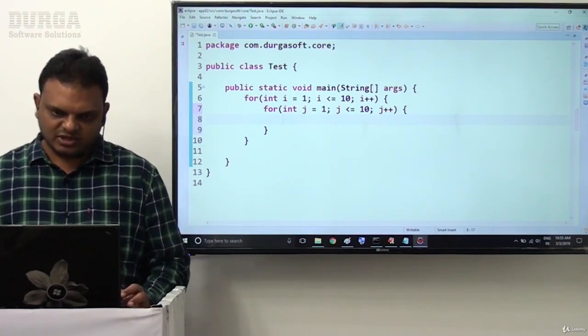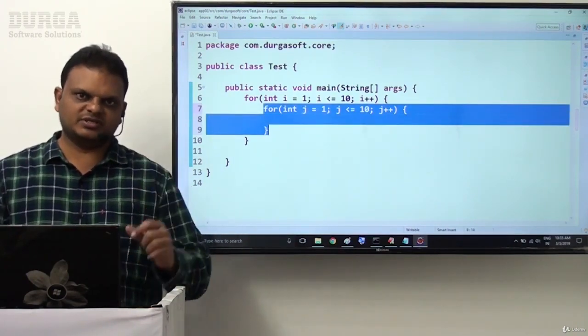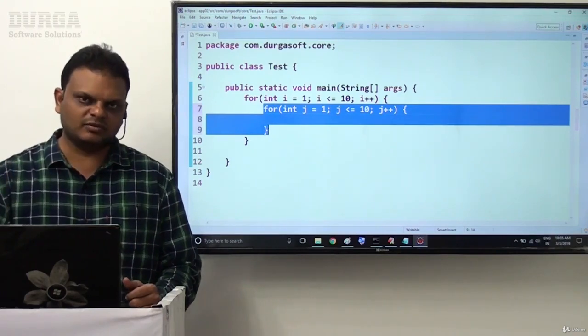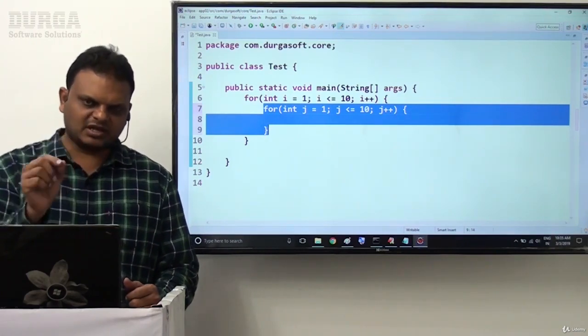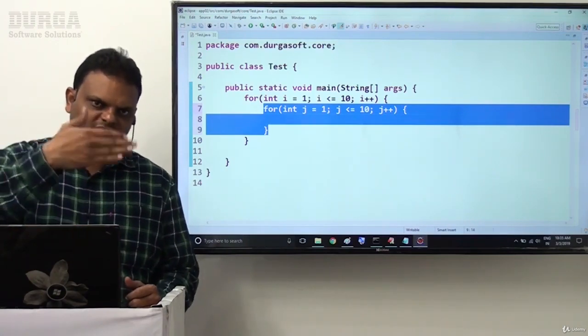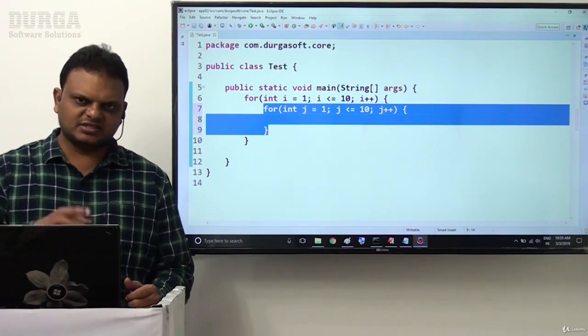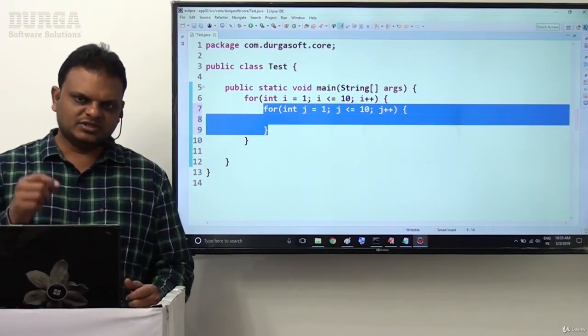Now this nested loop is representing which one here? Column value by column value at a single row. At a single row, column by column means we need to display all the column values side by side. But rows we have to display one after another. Side by side means we have to use the print method, one after another means we have to use the println method.